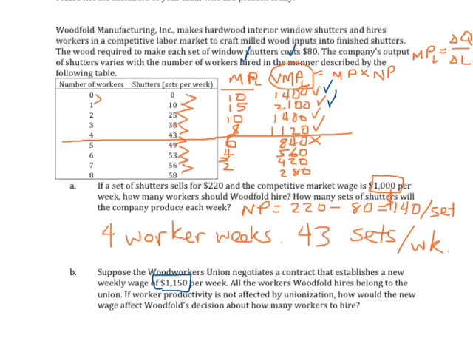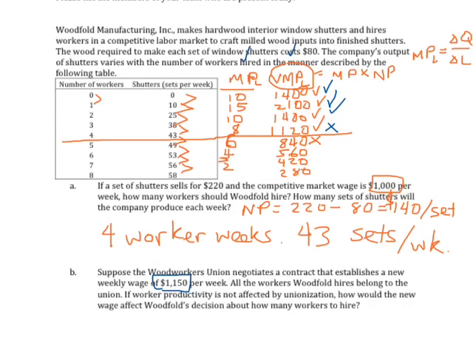Yes, 2,100 is higher than 1,150. Third one? Yeah, 1,400 is higher than 1,150. But now that fourth worker simply doesn't bring us enough value to justify hiring that fourth worker. So this increase in the wage rate would cause the firm to lay off